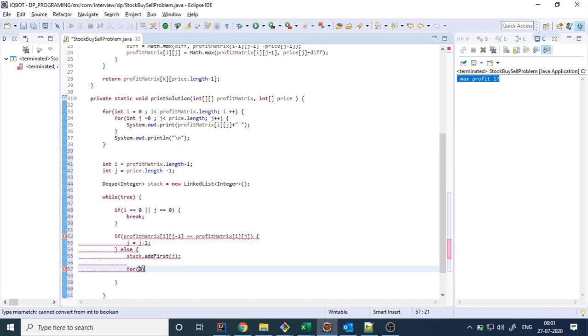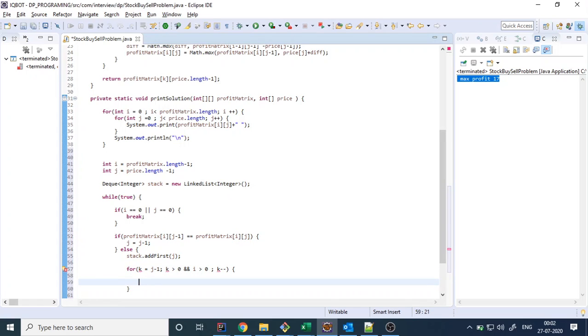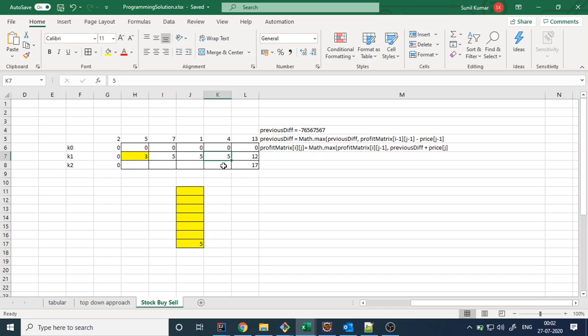So for k equal to j minus 1 and k is greater than 0, and i should also be greater than 0, and k minus minus. Now, if, see,